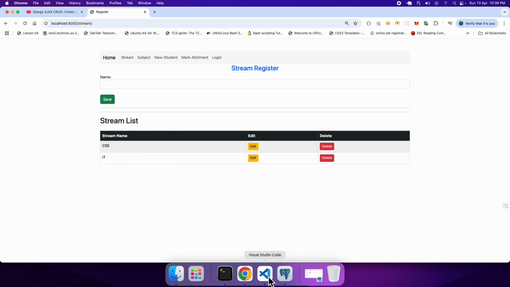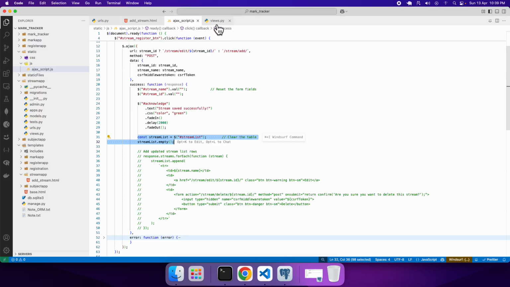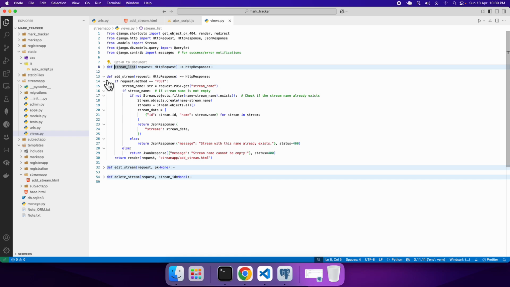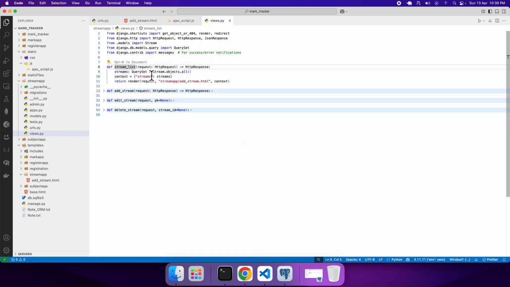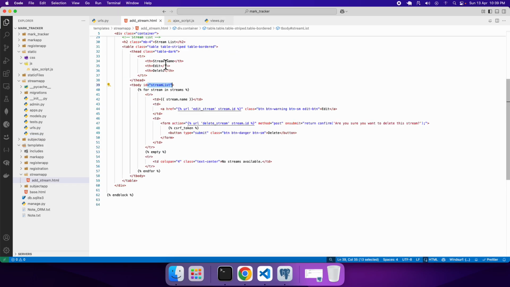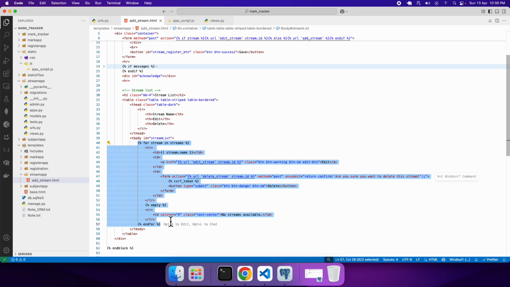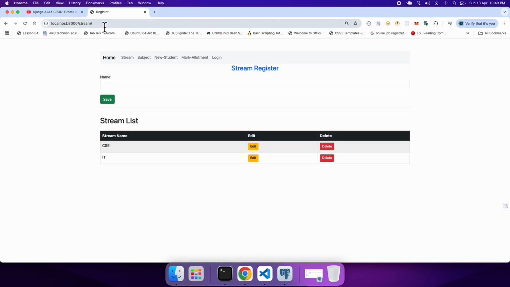Why is there no problem initially? Because at that point of time this empty route has been called, and control comes to the stream list. So at this point of time it will pick up the data from the table and forward it to the add.html. So it will come directly to the template with the context which we have already discussed in the last video, and that context will come right over here in my for loop, and then it will iterate the entire stuff. So for that reason there is no problem when you're loading the page,